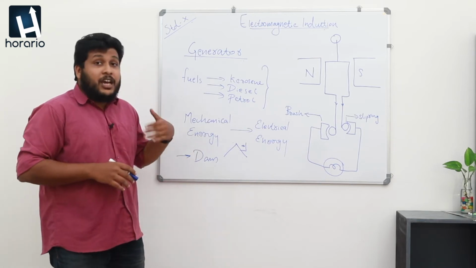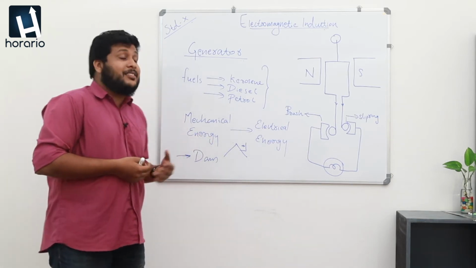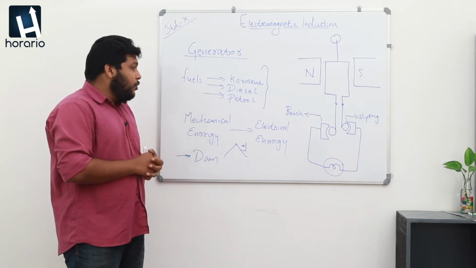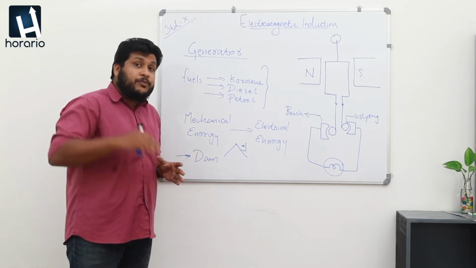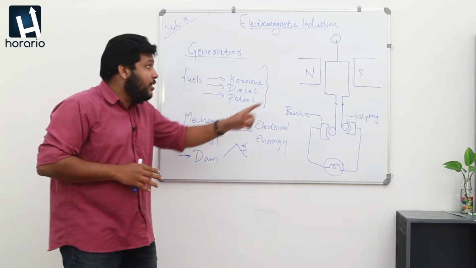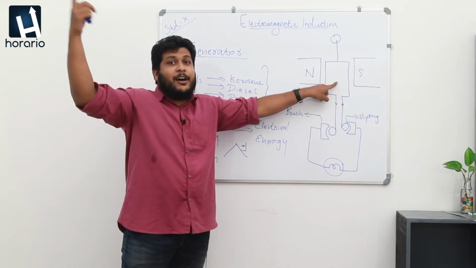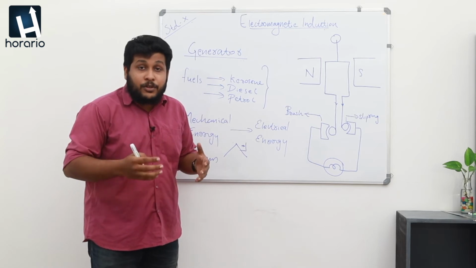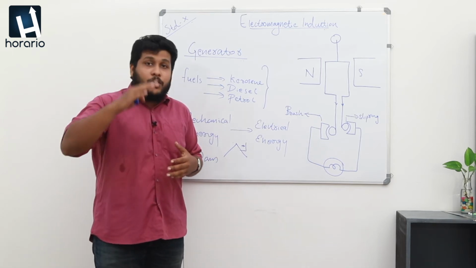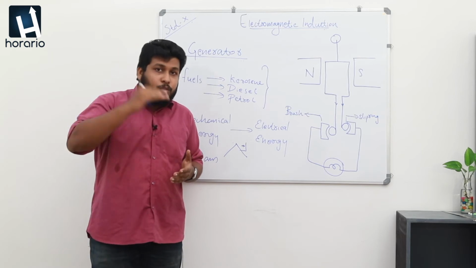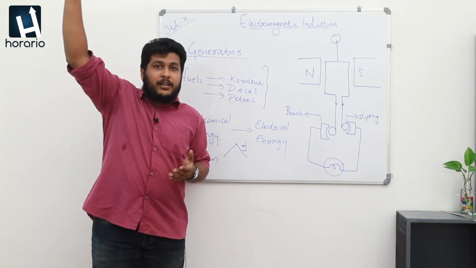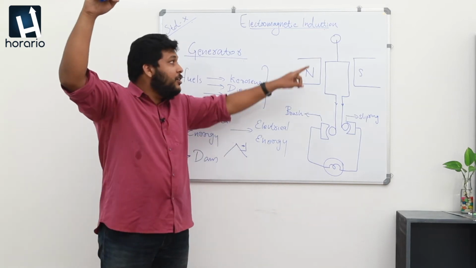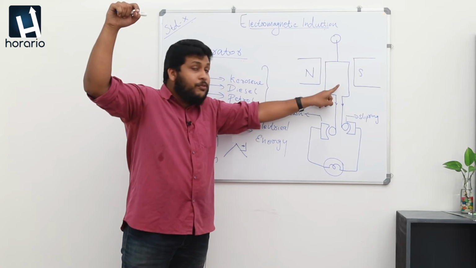First of all, we can also use other types of methods for creating mechanical energy, other than fuels. Here we are using the potential energy of stored water in a high altitude area for the rotation of armature coils in the dams. In Kerala, many dams are constructed for the purpose of producing electrical power. In all those areas, we are using high altitude water with high potential energy, and that potential energy can eventually be converted into mechanical energy for the rotation of the armature.